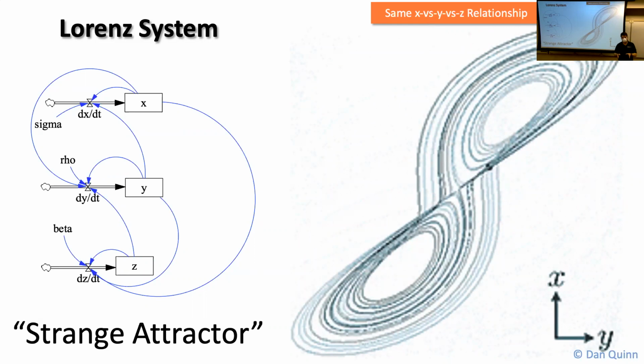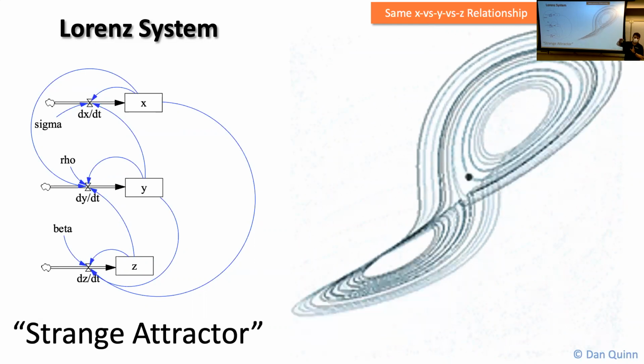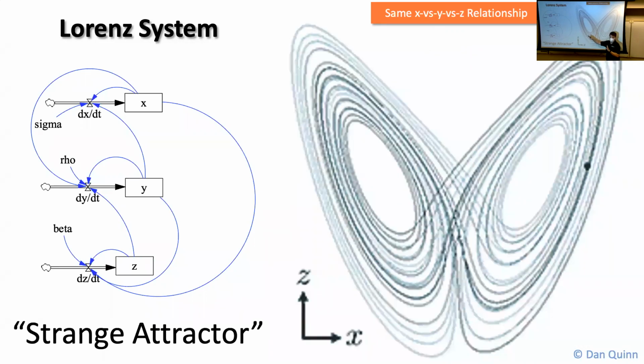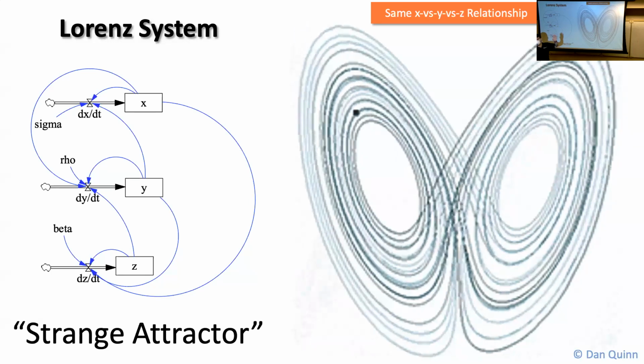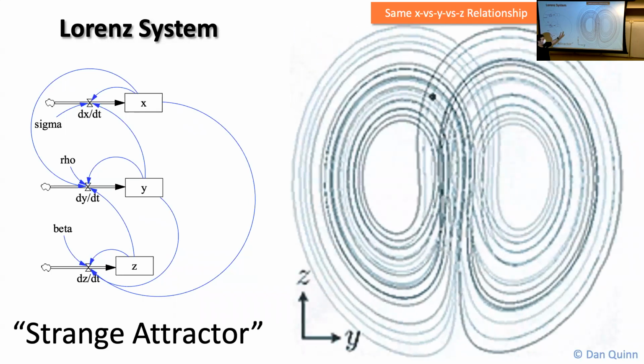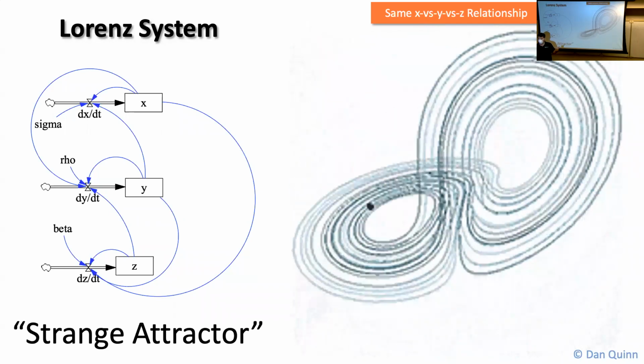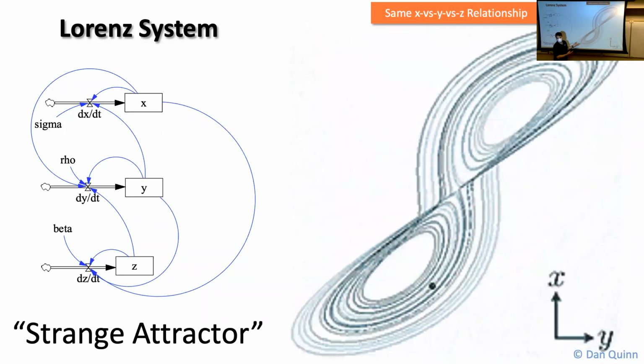So in the fish system, everything was attracted to carrying capacity. It was a simple point. In chaotic systems, things aren't attracted to a point. They're attracted to shapes. And they just rotate around these shapes until the end of time. And slicing these shapes so you only look at x, y, or z individually makes it look random. But when you zoom out and think of x and y together, then it starts showing structure.